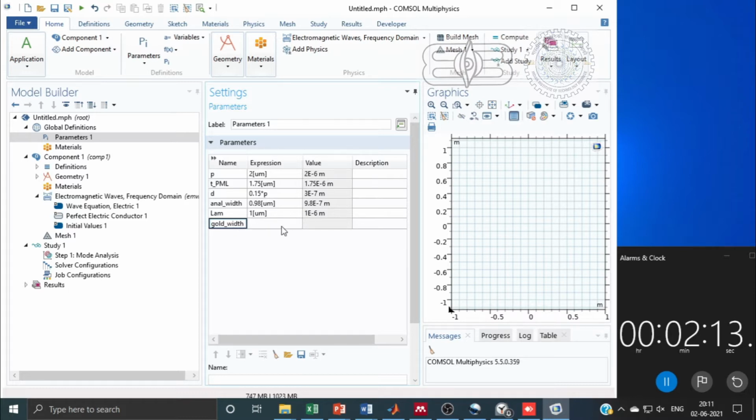The width of gold is 40 nanometer. And we will calculate frequency using the constant C divided by lambda.